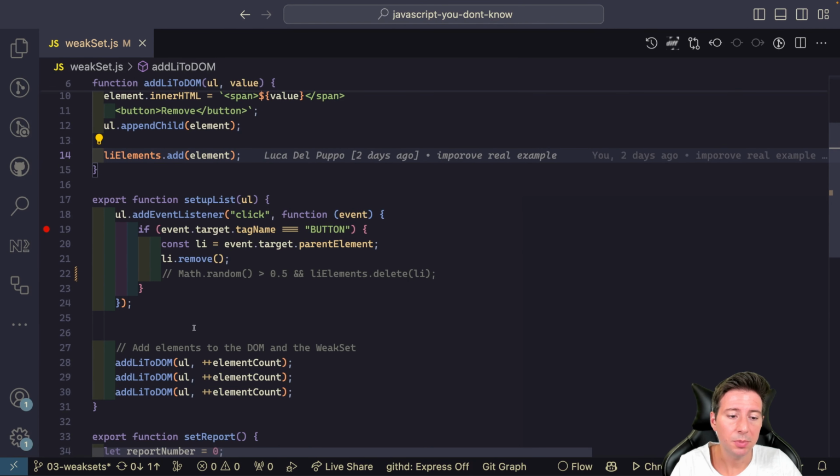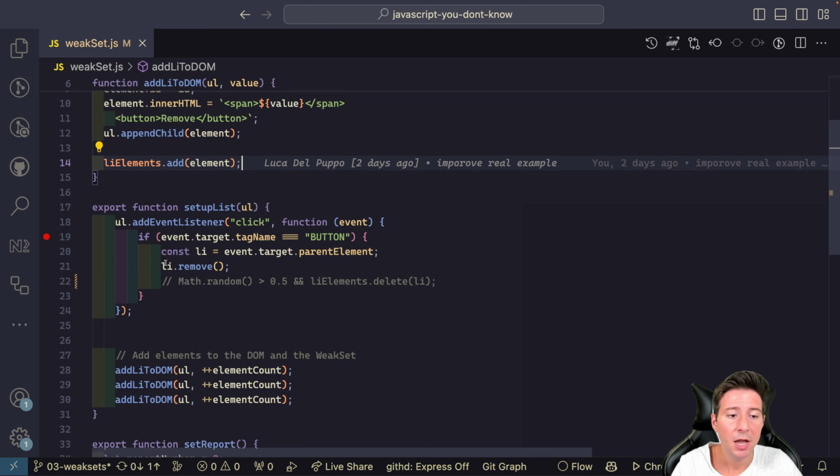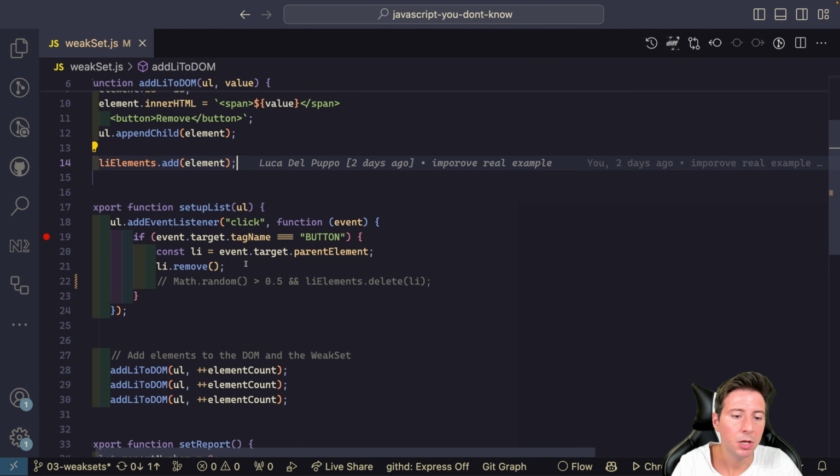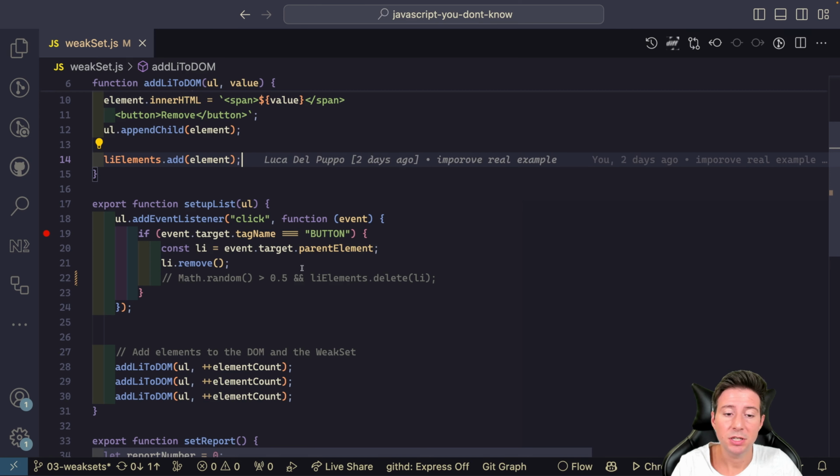A simple setup list adds the first 3 elements and then listens to the click on the elements in the list, and if the target is the button, get the parent, in this case the list item, and remove it from the DOM. As you can notice, in this case I don't call the delete method, but